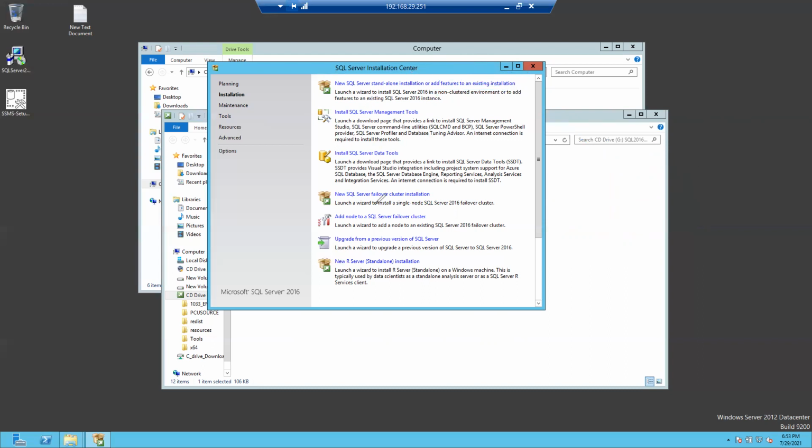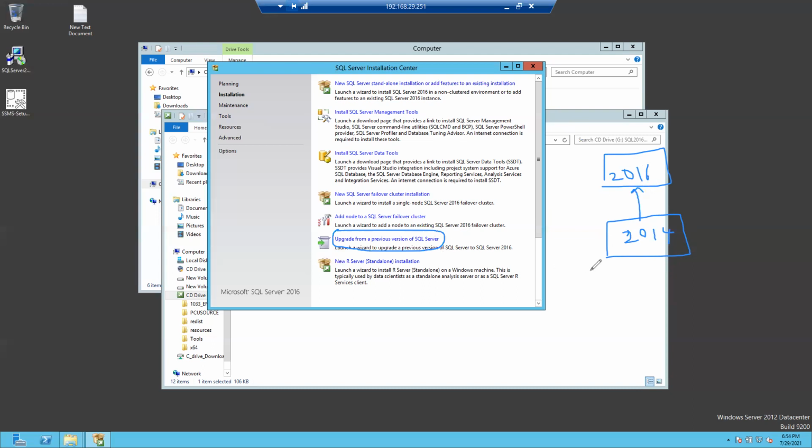Okay, so this is new server failover add and upgrade from. This is one more important thing. Initially in planning, I said if you wanted to upgrade from a lower version to a higher version, you need to run the higher version upgrade advisor tool on the lower version, right? This is a SQL Server 2014 box. So if you wanted to upgrade to SQL Server 2016, you need to run the upgrade advisor tool.